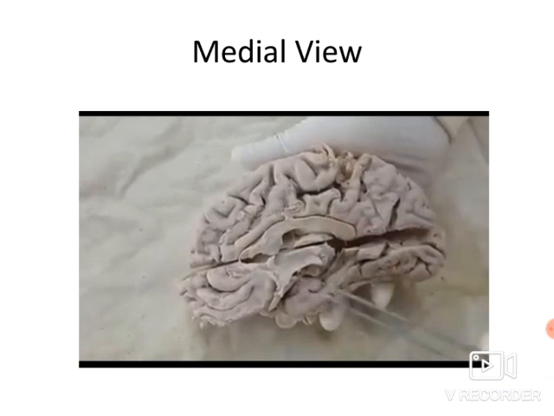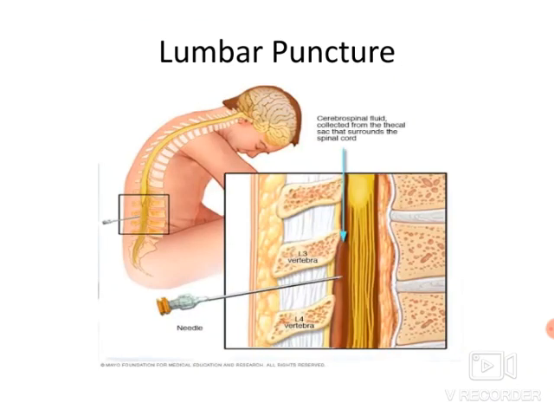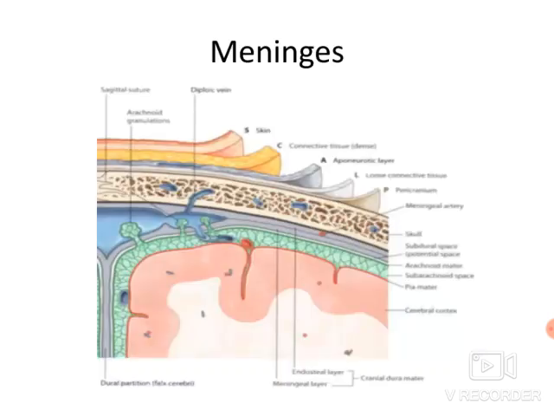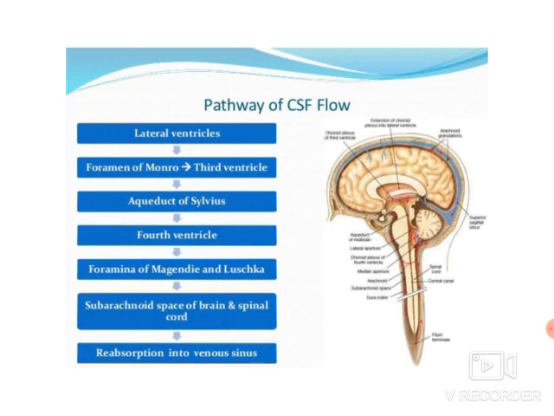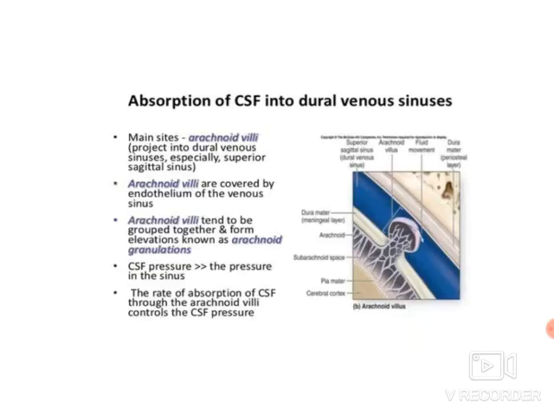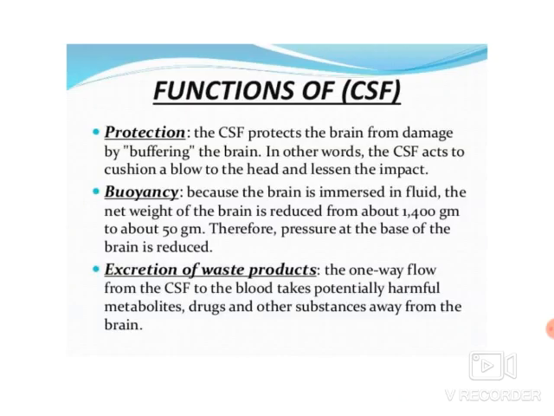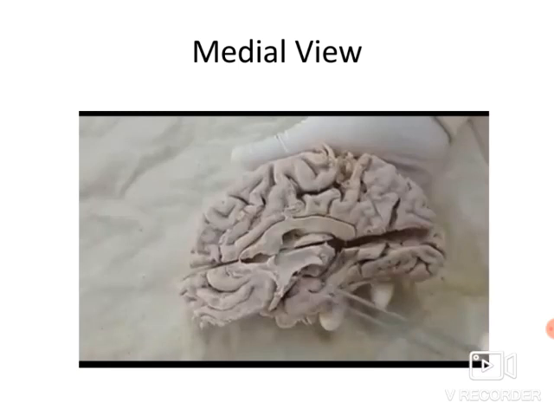Then, here we have seen the third ventricle boundaries, then the circulation of the CSF, then its absorption of the CSF into the superior sagittal sinus. Then